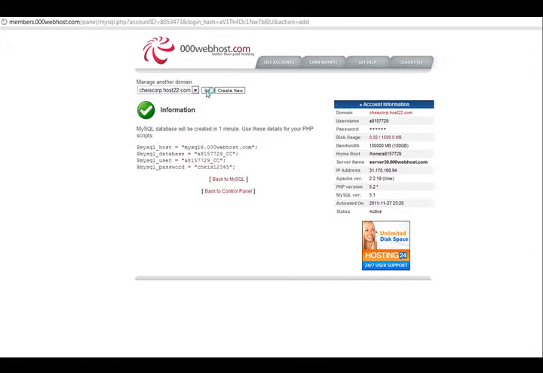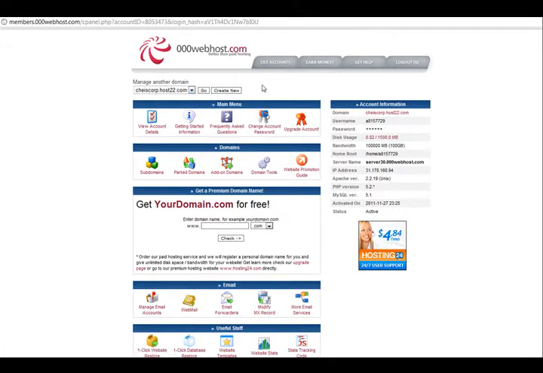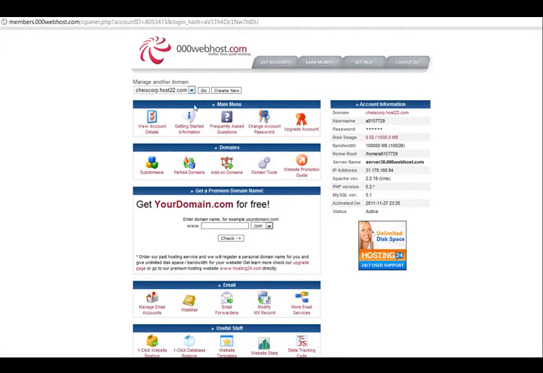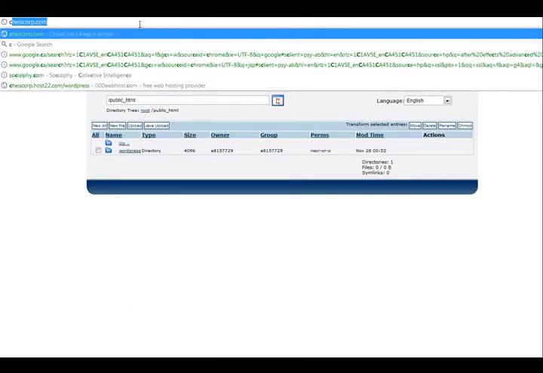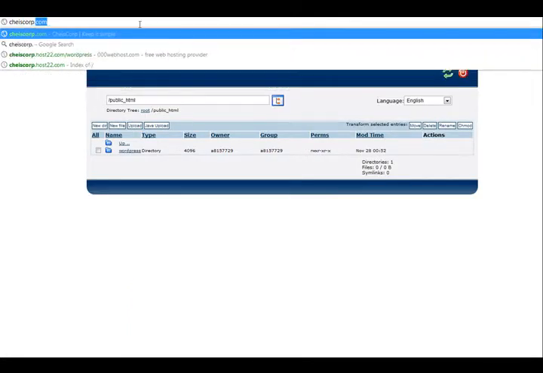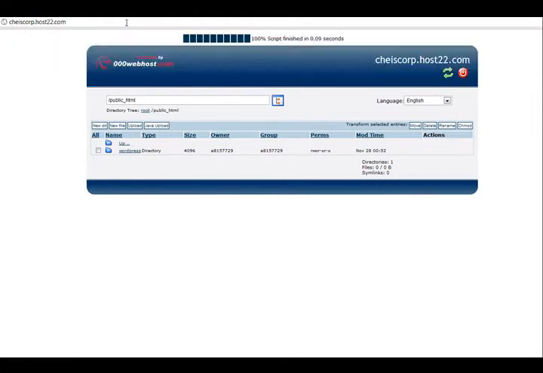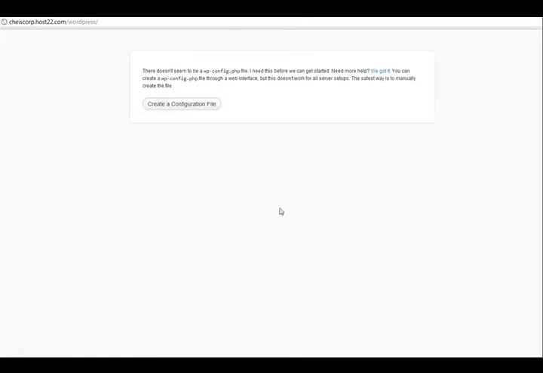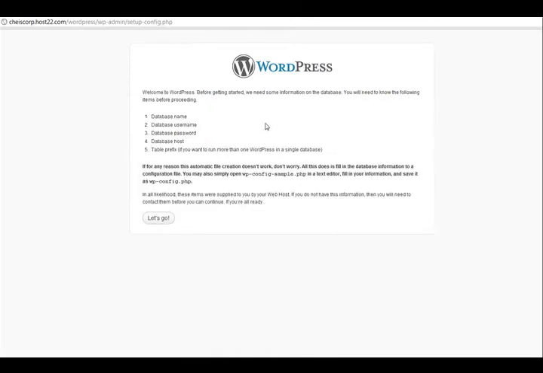Perfect. So now let's go back here, and let's make sure this is working. So what we want to do is we're gonna actually access chasecorp.host22.com again. So I'm just gonna use this tab, chasecorp.host22.com, and in here we want to click on WordPress. And this is the important part. We're actually now installing WordPress, and once this step is done, actually we will already have a web page. So let's click on create a configuration,